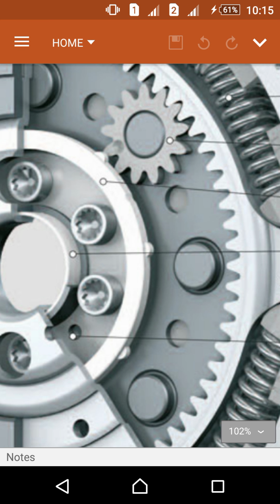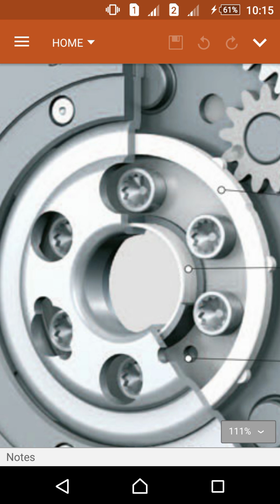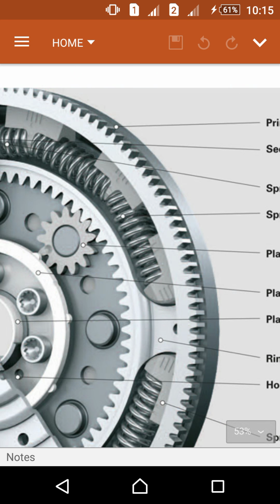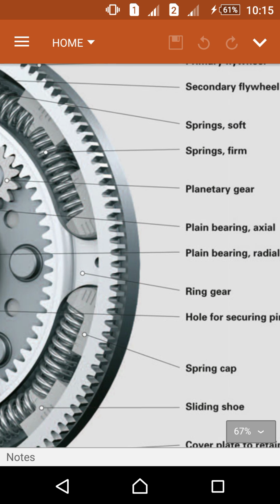and these are the plain bearing. This is the plain bearing. This big circle one is the plain bearing, and this is a plain inside the circle. This is a plain bearing, axial plain bearing, and this is the ring gear,